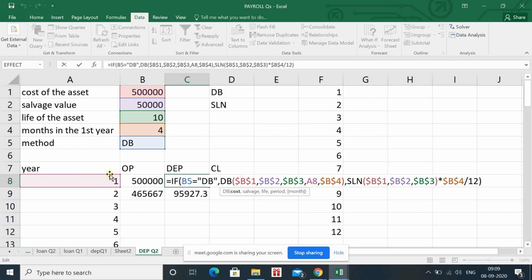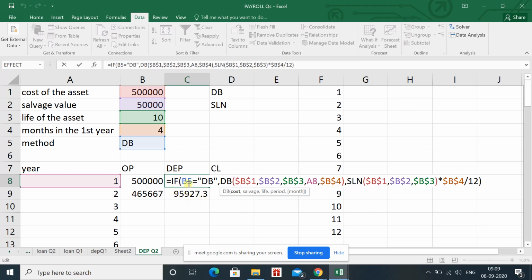So this is the calculation for the first year, and then months in the first year, so B4 is showing the months in the first year, and in this case I have used the dollar sign. If in the first year you are not using the dollar sign, then fine, because we will not drag it. If you simply write it, it can still work, but in the second year formula for depreciation you have to remember where I have used the dollar. You have to use the dollar there, otherwise you will not get the exact answer.